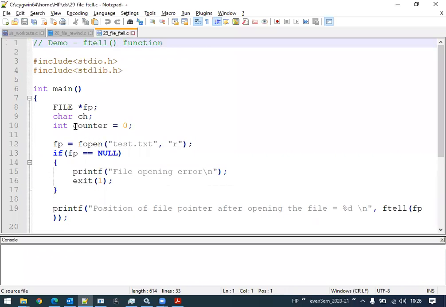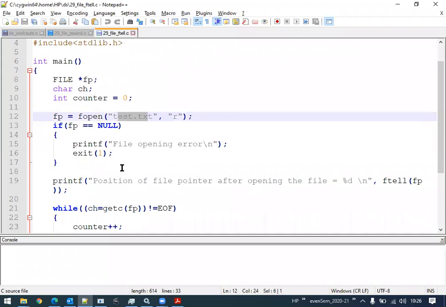Here I'm using one integer variable, counter, for demonstration, which is initialized to 0. I'm opening the file in read-only mode, so the file should first exist in the computer.